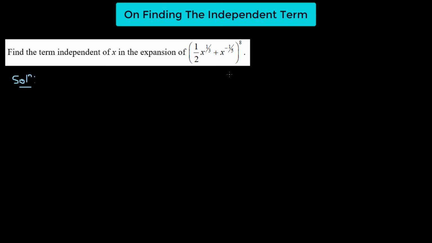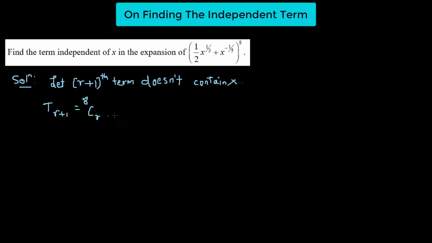In this particular question, we have to find out the term that is independent of x for the given binomial expression. So we begin by assuming that our r plus 1th term doesn't contain x, or we can say it's independent of x. Then we begin by finding out the r plus 1th term, which will be simply equal to 8cr times the